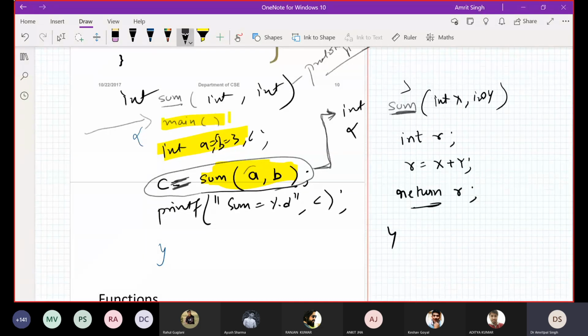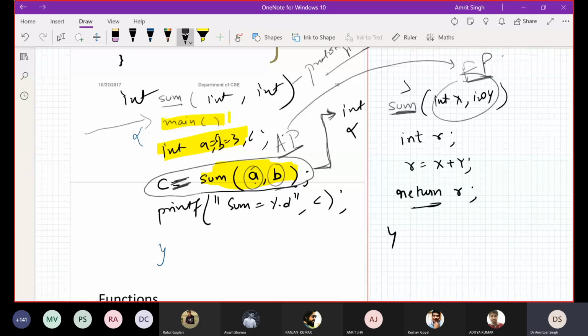Now these variables are known as the actual parameters and these are known as the formal parameters. The value of your actual parameter is copied into the formal parameters. What is the value of a? 5, it is copied in x. And what is the value of b? It is 3, it is copied in y.